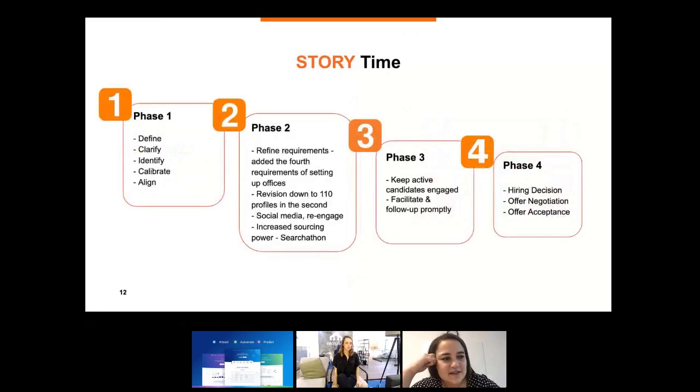So in line with the steps I've put together before this, define the role. Clarify the requirements, like really, as I said, get this down on paper in close cooperation with the recruiter and at the time, the managing director of the office.